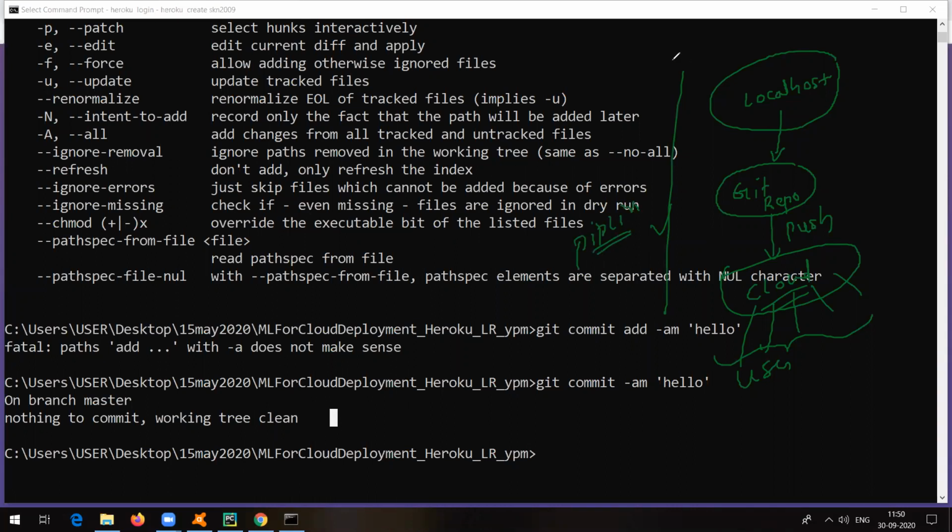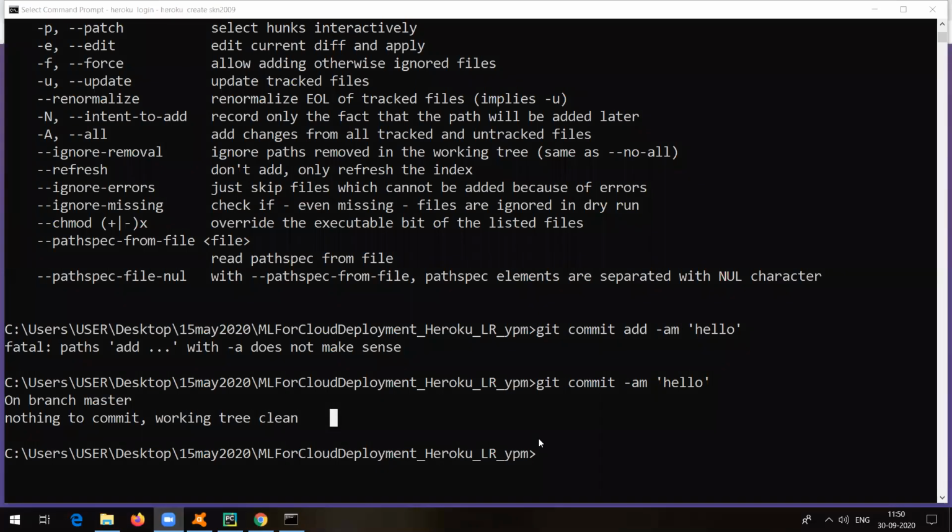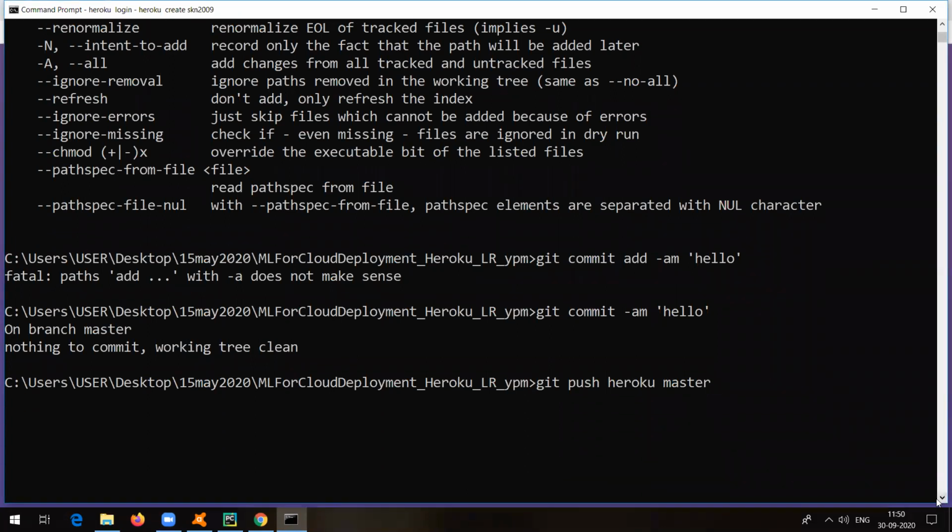So in the case of Heroku, we make use of the pipeline concept, right? And a similar thing you can follow in the case of other clouds also, like AWS or Google Cloud Platform or Pivotal or Microsoft Azure. There are different cloud platforms available. Now the last command to push your application is git push heroku master. If everything I have done till now is okay, only then it will deploy my application onto the cloud. This is the last command, the 7th. So there are only 6 to 7 commands. Now let me press enter and let's see.